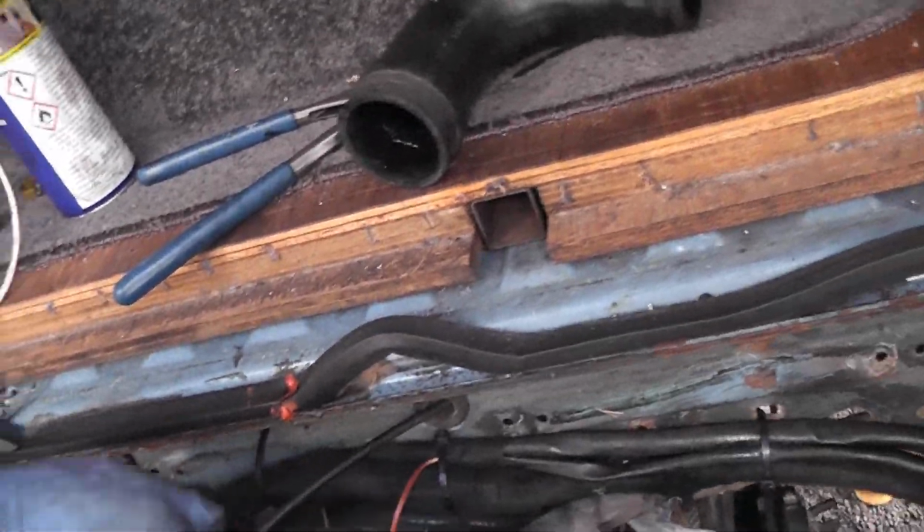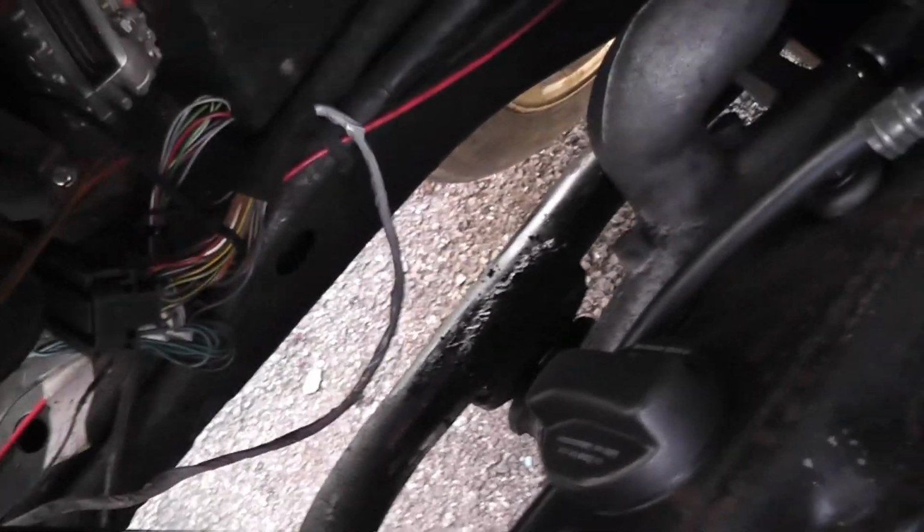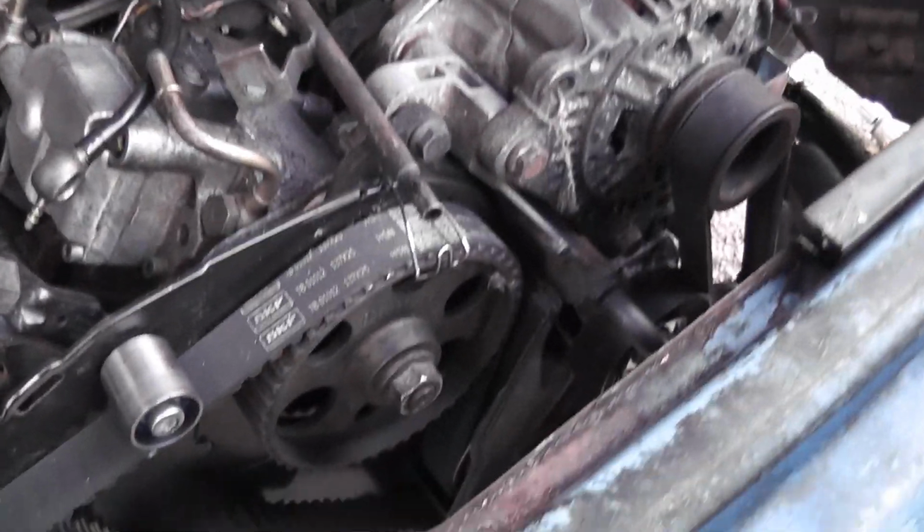So, yeah, I mean, those engine mounts didn't turn out too bad, did they? It should be alright. That looks a bit worse, and that's because it is in situ and hashtag shit at welding.com or whatever the hell you want to say. Anyway, look at